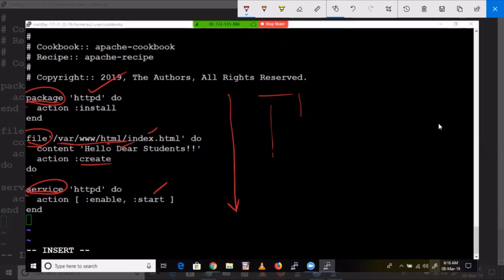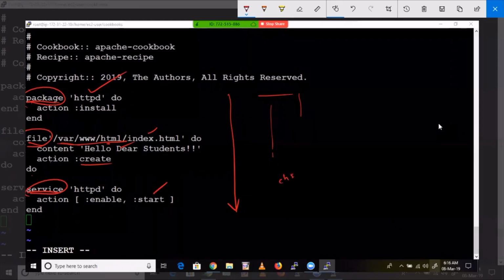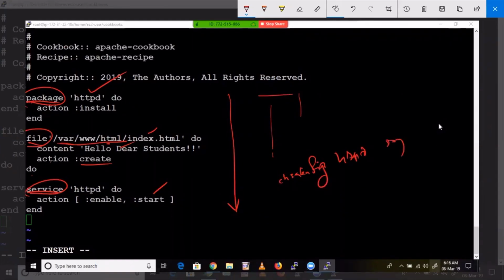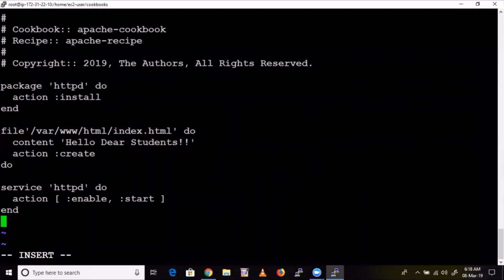After that we used to run one more command, check config HTTPD on, right? Instead of that command, we are giving this one, enable. Okay, and that's it, simple. If you execute this one, the web package will be installed.